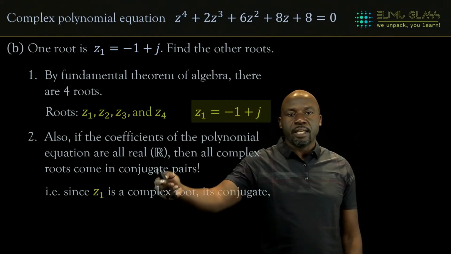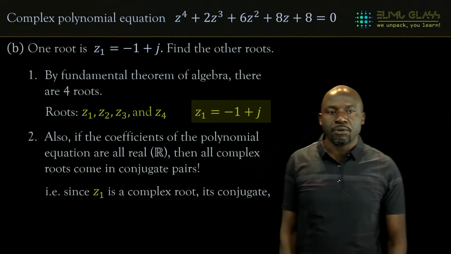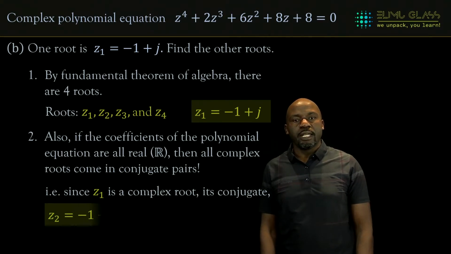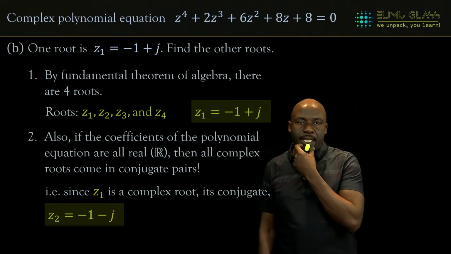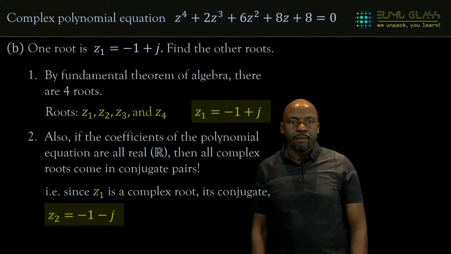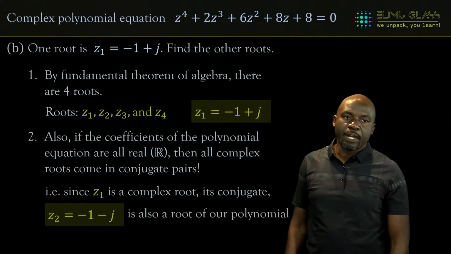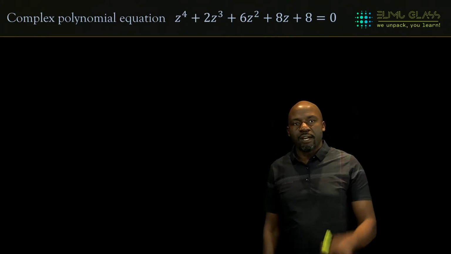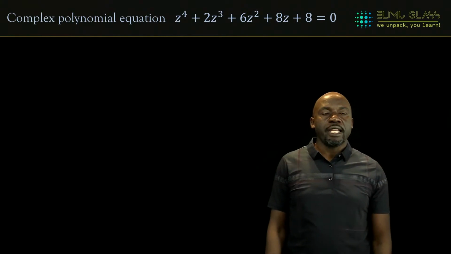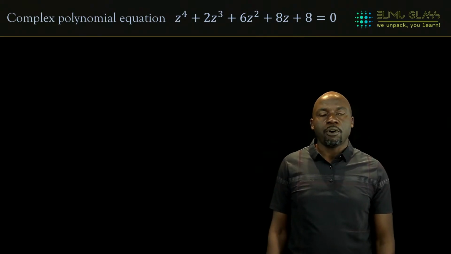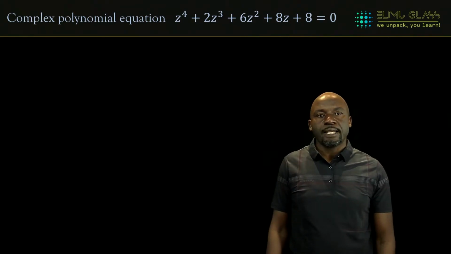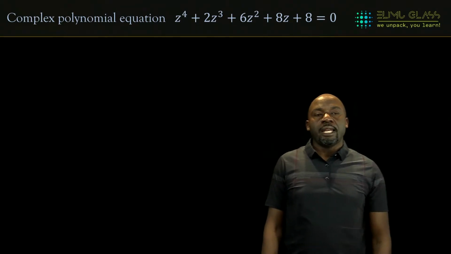So since Z1 is a complex root, its conjugate is also a complex root, and the conjugate is Z2, which is -1 minus j. All right, that's point number 2. Point number 3, so now we have 2 roots, we need just 2 more. Point number 3, we now use what we refer to as Vieta's formulas, or Vieta's formula, and in my class